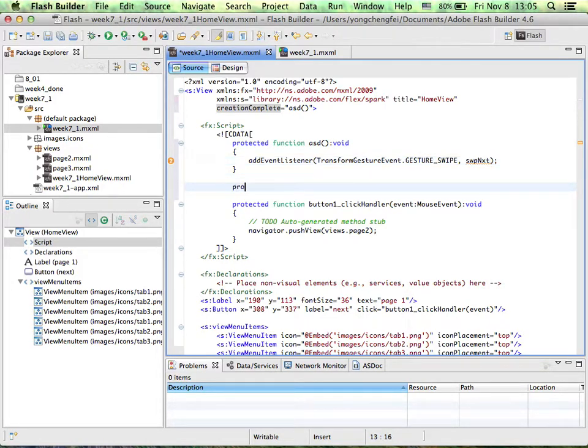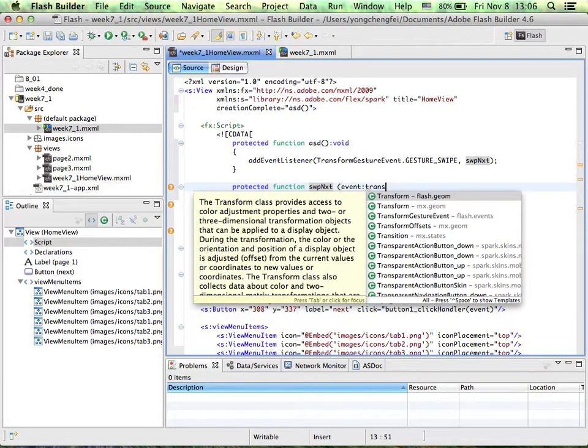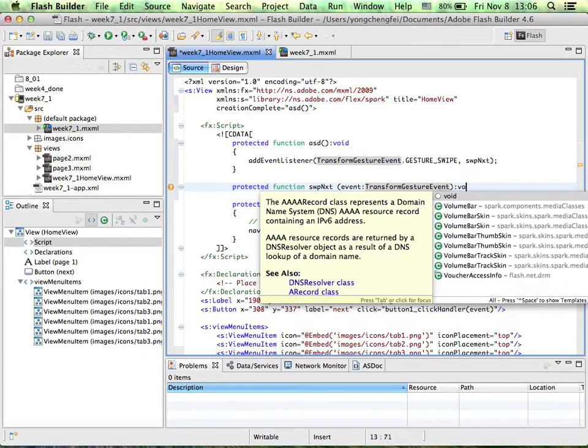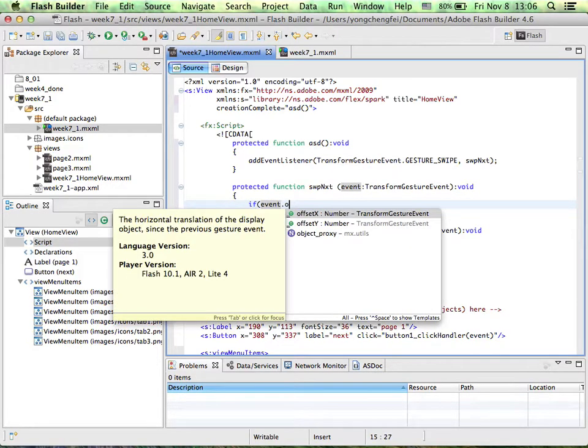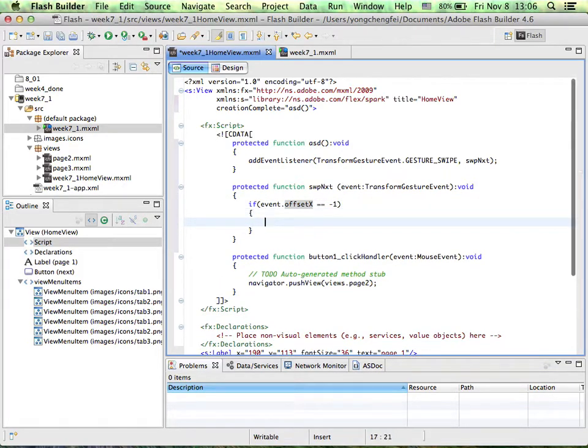I type protected function swipe next, which is an event, a transform gesture event, void. What I want to do is: if event dot offset x equals -1.